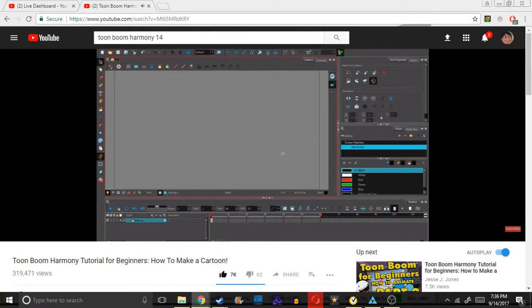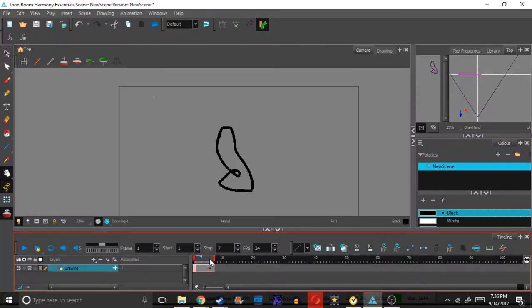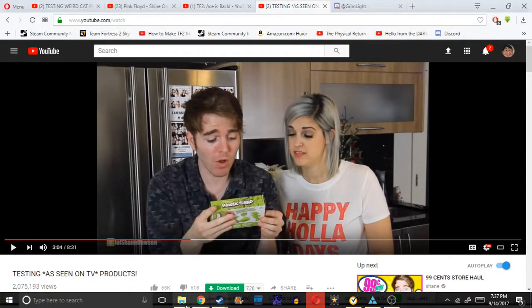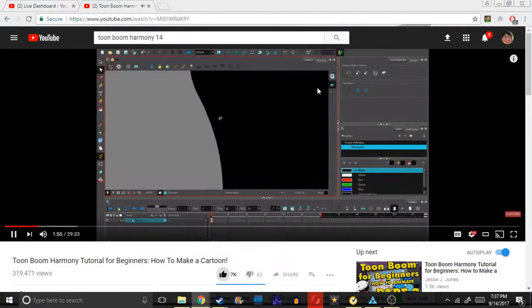Or at least very similar to your version, depending which version you have open. Before I talk about any of these tools or any of these windows, let me just explain to you a little bit of the philosophy of how Toon Boom works. So Toon Boom is a vector program, and what that means is if I draw something, rather than in something like Photoshop, if I were to zoom in on this, it would lose quality. But because it's a vector program, it's based off of curves. So what that means is